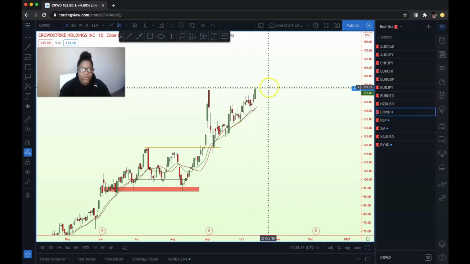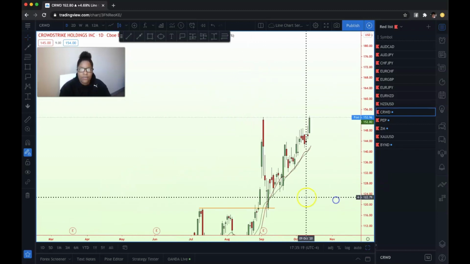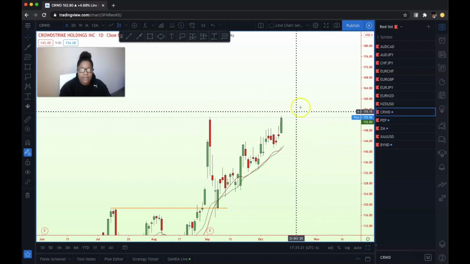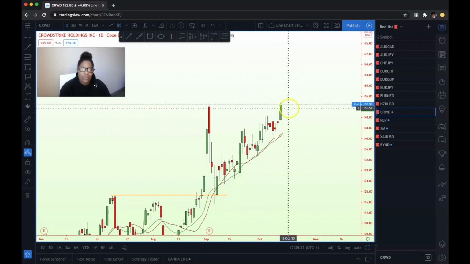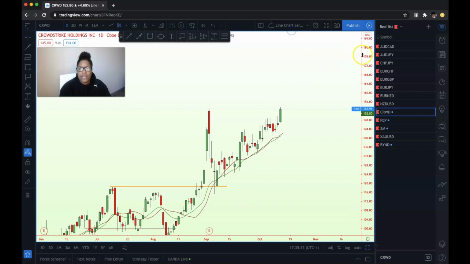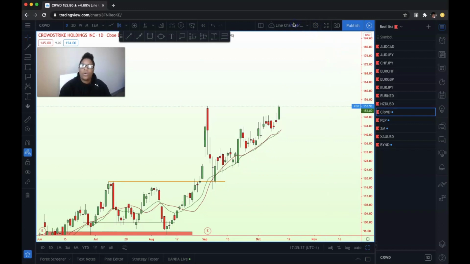But this one is doing really well. She just made new highs. If we zone in, she just made new highs, which lets me know there is steady growth in this stock. I'm going to invest more, so I bought 2 more shares. My goal is to at least be invested $1,000 into my best